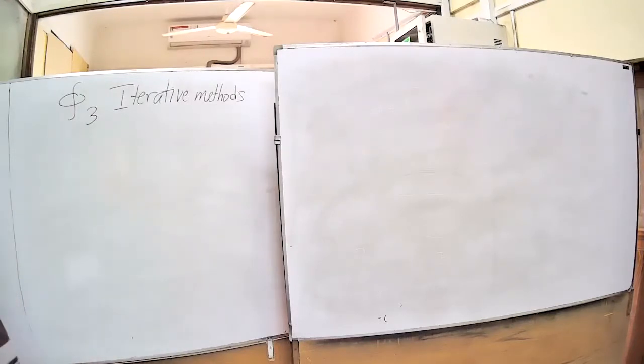So we will start chapter 3 today. Last time we finished chapter 2, that is about error bounds and error analysis, where we calculate the error bounds for perturbation and residual. So today we are going to start talking about iterative methods. This is another method which we are going to use to solve a system of linear equations.